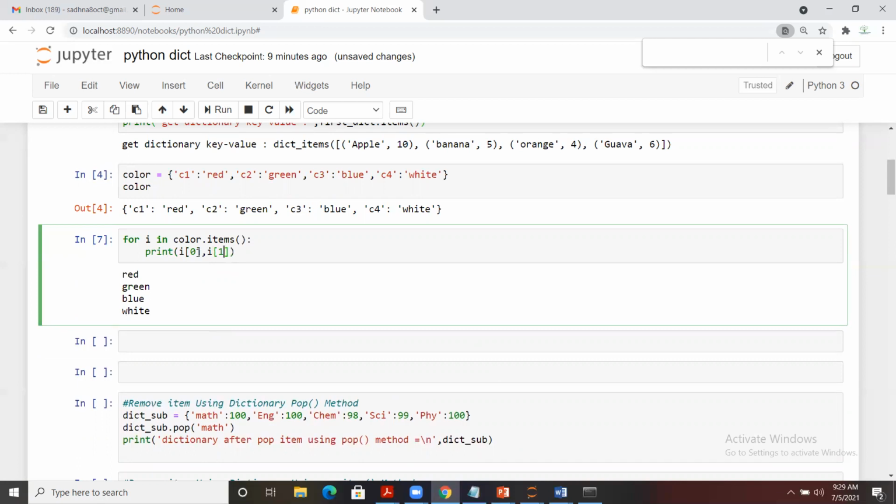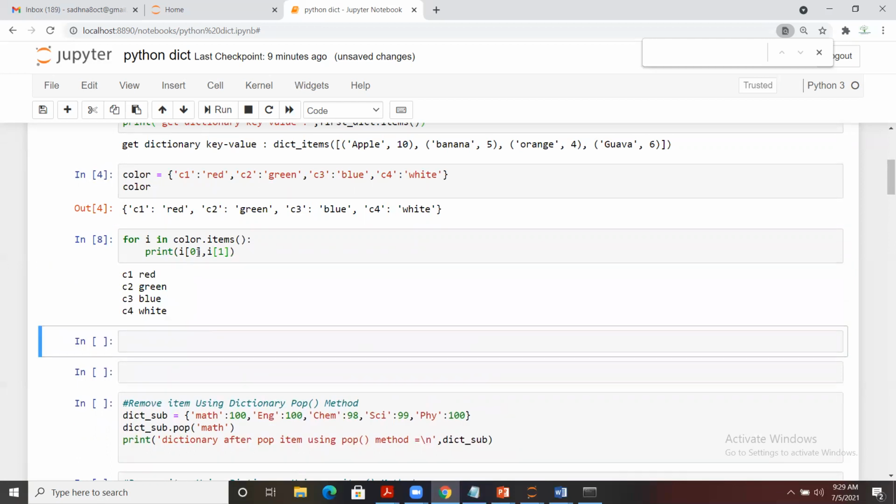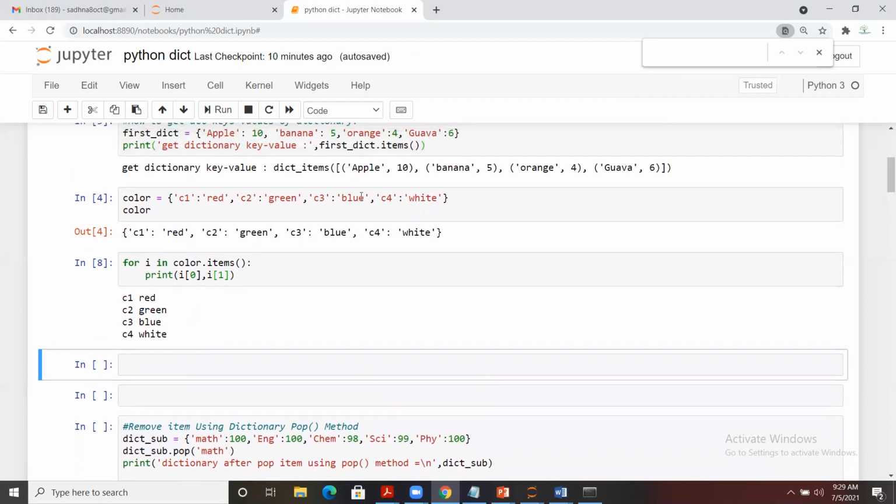I needed both key and value pairs. So this is another way to extract it. Otherwise, you can simply use that, which is just a part of display. Previously, we used items, so we extracted all the key-value pairs, and you have seen that here as well. And in case you want to display or output something like this, you can apply it using a for loop and extract the 0 and 1 index, right?